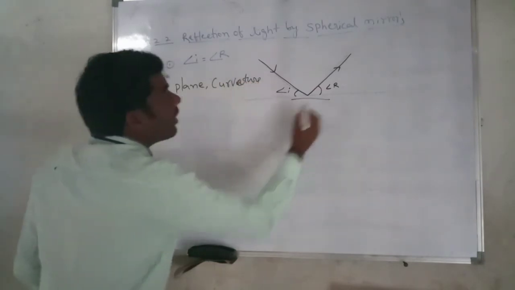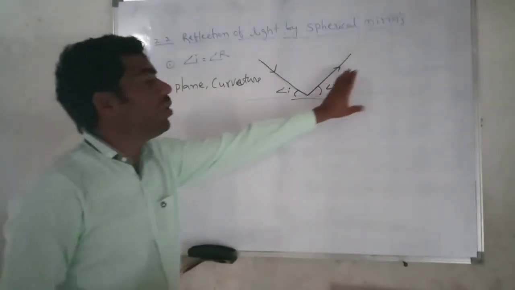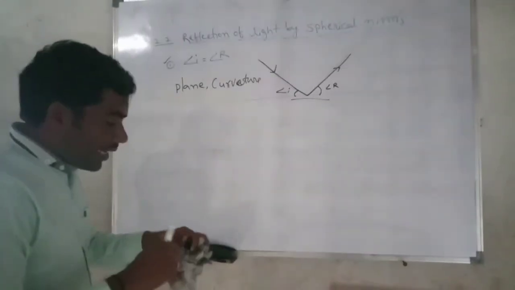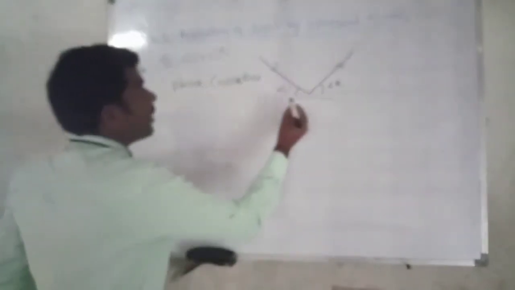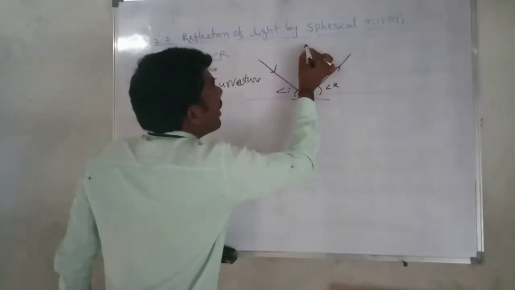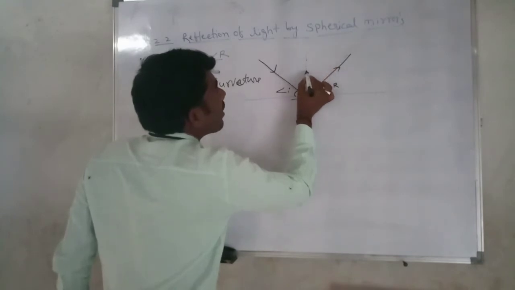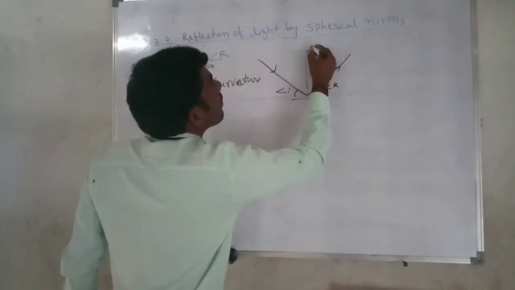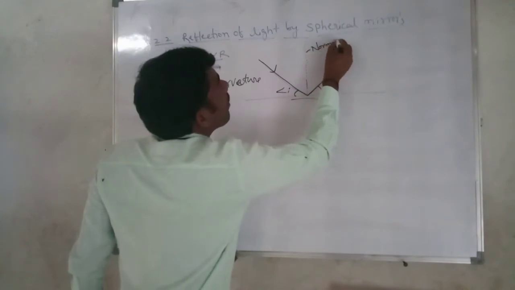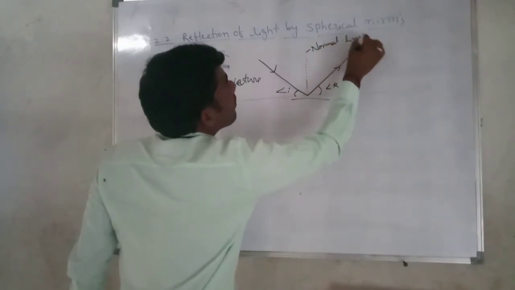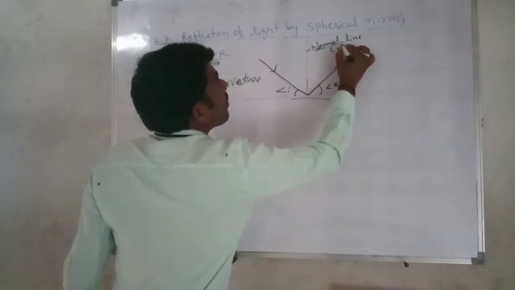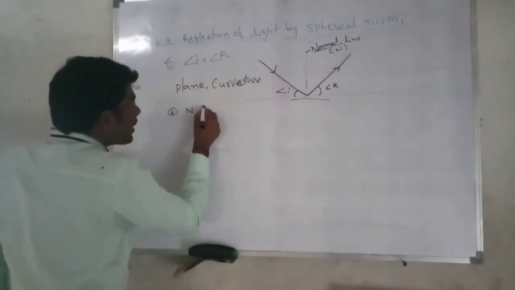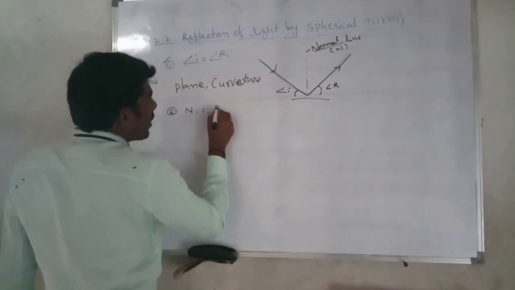Whatever plane is there, the incident angle is equal to the reflected angle. That is the first law. You have taken a normal line to the plane. The second law says this normal line, the incident ray and the reflected ray